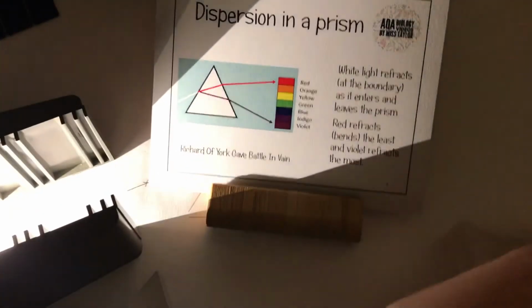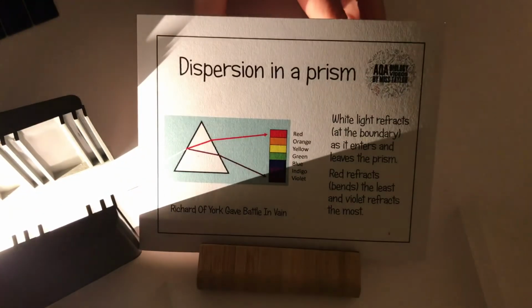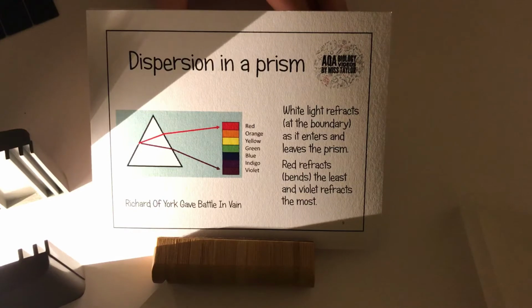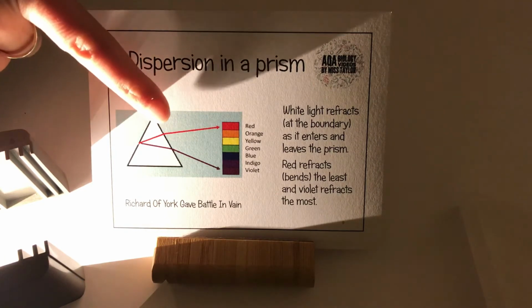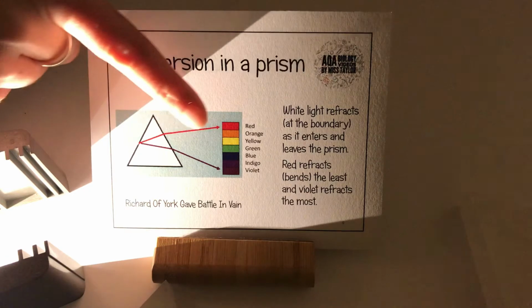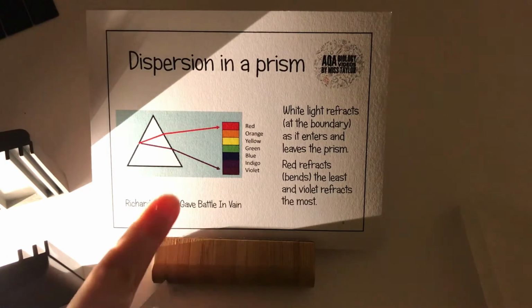So, dispersion in a prism. So here we can see the prism. This has been slightly accentuated, okay? So we can see the refraction of light. Red light only refracting a small amount and violet refracting a lot. Again, at this boundary, when the light leaves the block, we can see, again, slight refraction by red, big refraction